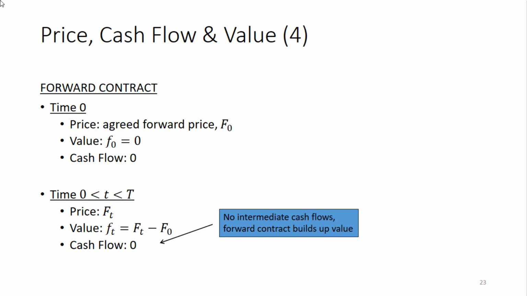So that means that this contract is a fair contract. Both parties are happy to agree upon this price for the forward to apply for the future. So there is no need for any transfer of cash between the two parties. The contract is a fair contract. It has value 0. So that also means that there is no cash flow at time 0. So there's no money transferred from one party to the other party.